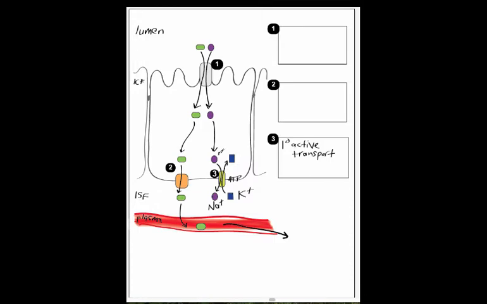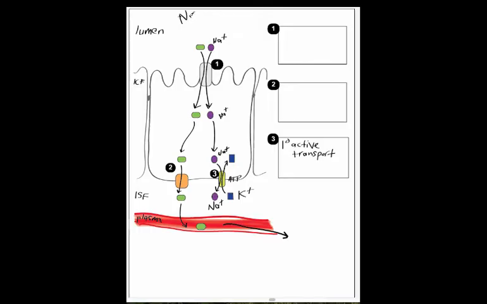So let's put a sodium over here, and we can indicate that the purple ball is still sodium over here. As a consequence of the sodium being pumped out of the cell, and we call this protein the sodium potassium ATPase, as a consequence of the activity of this transporter, the concentration of sodium inside the cell is always really, really low. So I'm going to draw sodium quite small here,